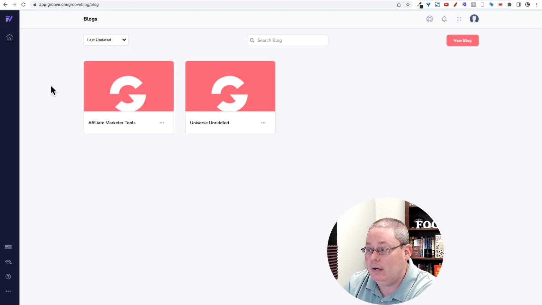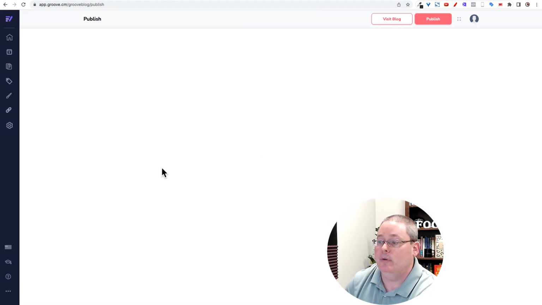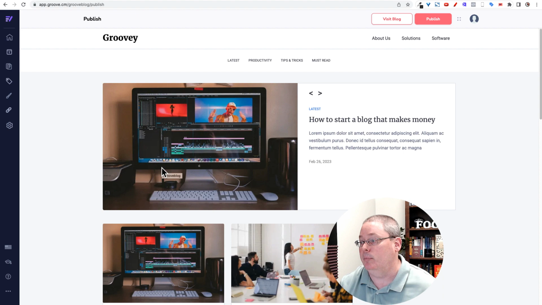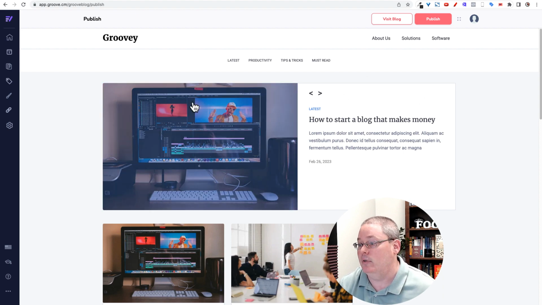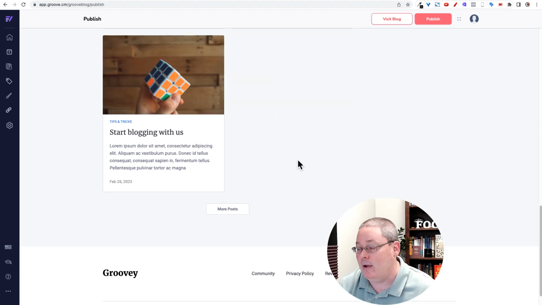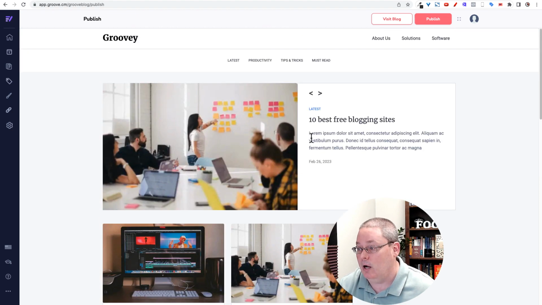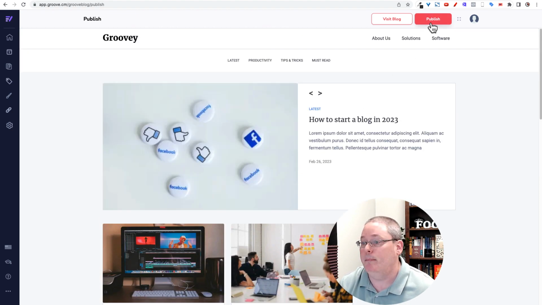Again, if you click this home button, it takes you back to the home where your blogs are. Then you can either click open blogs or you can click edit. You also have the ability to share or to clone your blog. And then once you're in here, you have the ability to edit. Actually, you have the ability to view what your blog looks like right now before you click publish. And that is Grooveblog right now, April 2023, what it looks like, what you can do with it, and how it would compare in my mind to using WordPress.